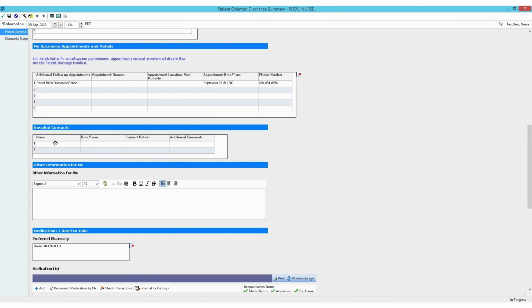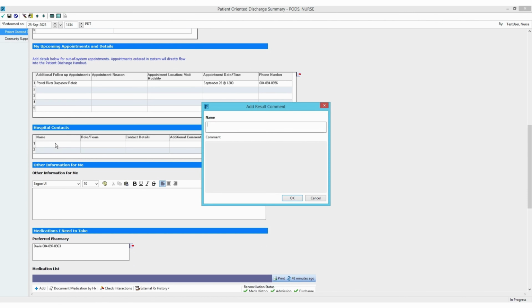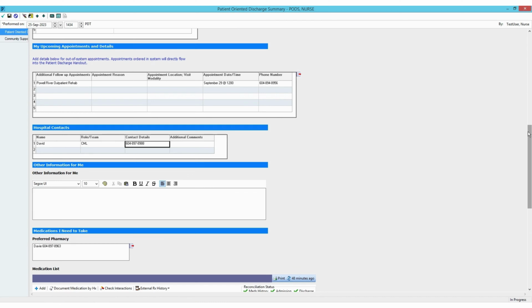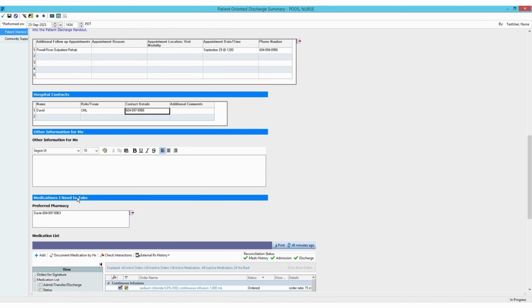In the Hospital Contacts section, you can enter contact information that the patient might require after leaving the hospital. For our example, we'll add the contact information for our CML along with their phone number. In the Other Information for Me section, you can input any additional information that's important for the patient to know. This might include instructions for caring for drains and wounds,